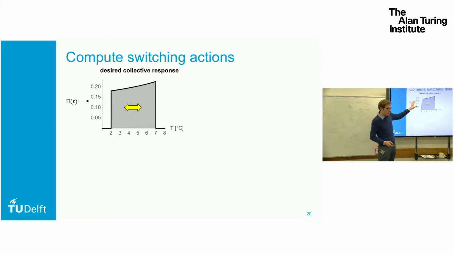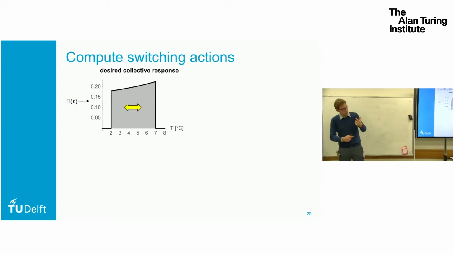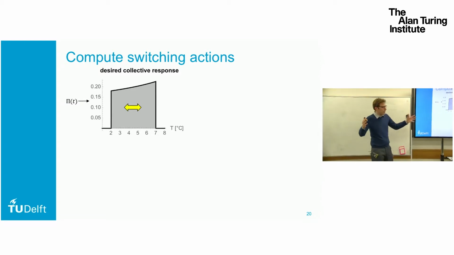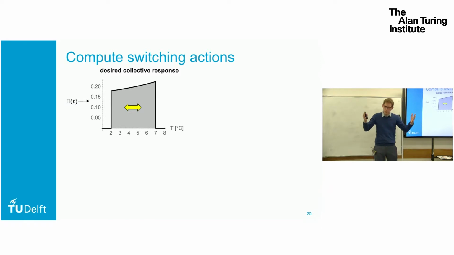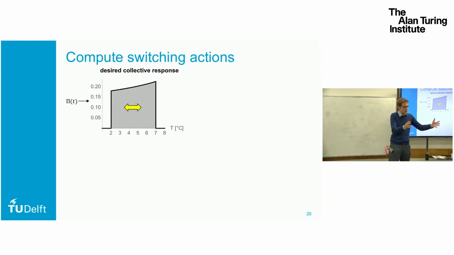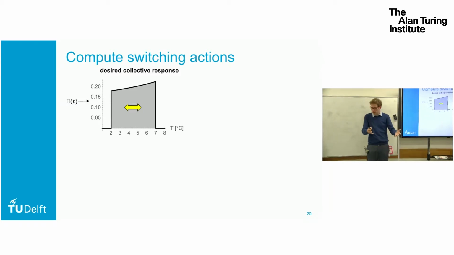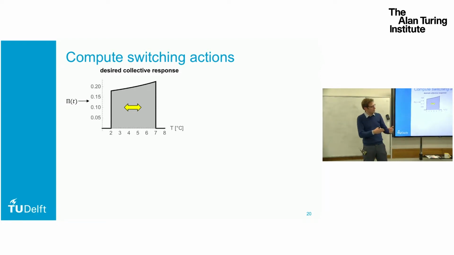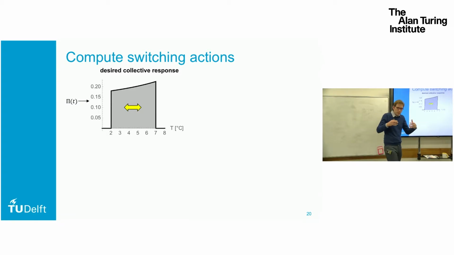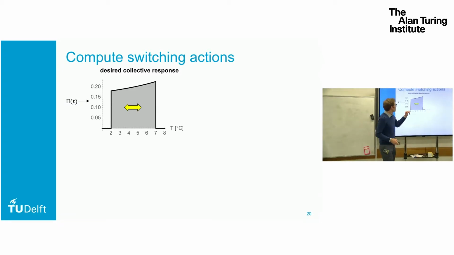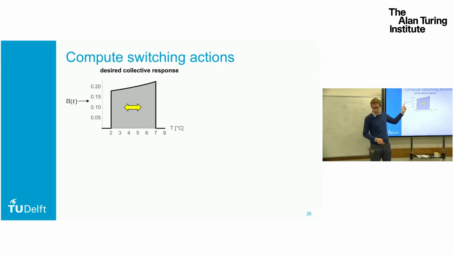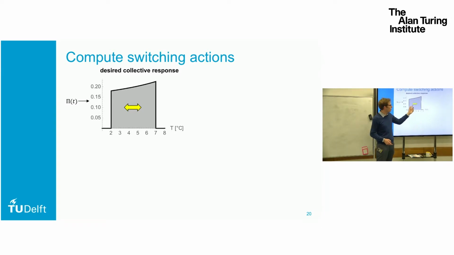So then that brings us to a point where we flip the problem on its head, right? So we now have a population of fridges where we know that if we can make this population, or this probability distribution, do a certain thing, then the power consumption will change the way we want it to. So how do we actually get the individual fridges to do this to their temperature distribution? So let's start here. We have our desired power response. We transform that into our